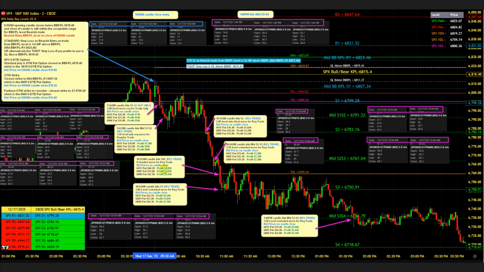$60.30 on the 68.15. The profit is now $4,050 per option. The 68.05 is now 51.80. It's a profit of $3,650 per option. The 6800 put is now 47.50 on the bid on the candle close, now profit